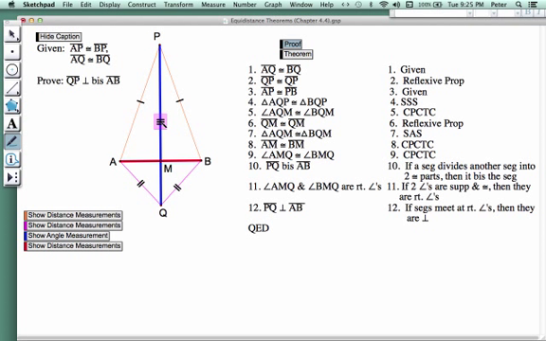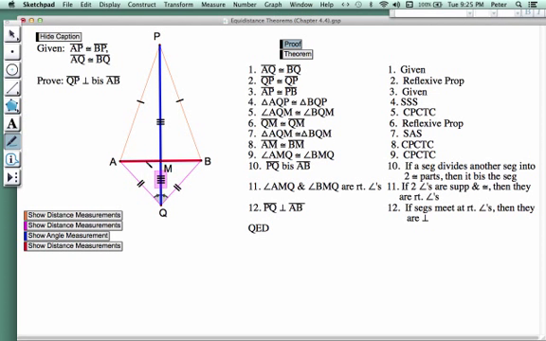So that means that triangle AQP on the left is congruent to triangle BQP on the right by side, side, side. This gives us this angle down here. Angle AQP is congruent to angle BQP by CPCTC. So since QM is congruent to QM by the reflexive property, triangle AMQ is congruent to BMQ by side angle side,